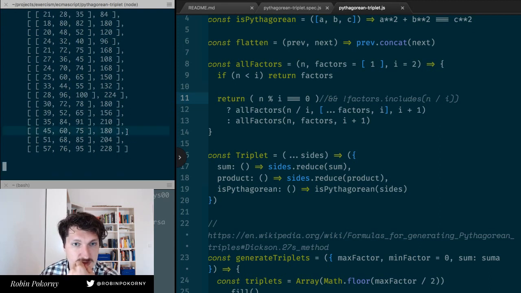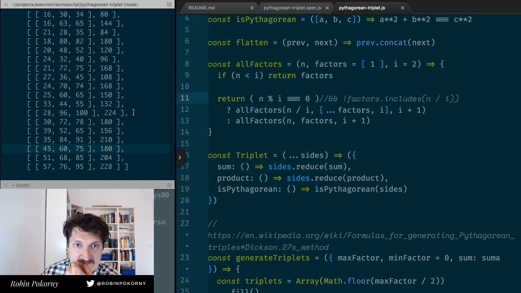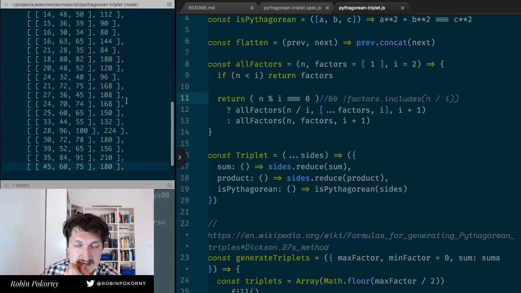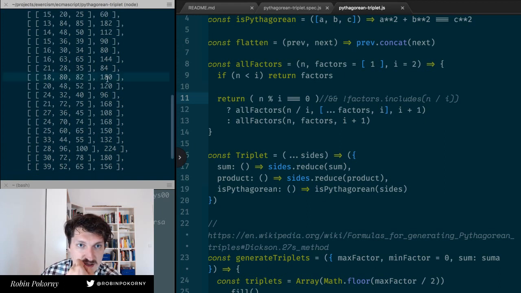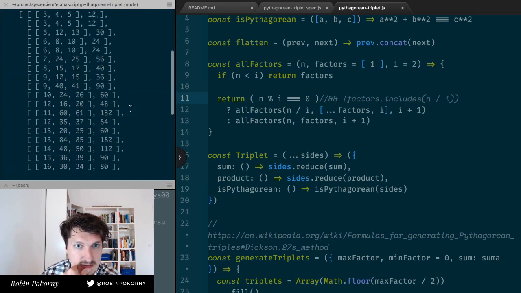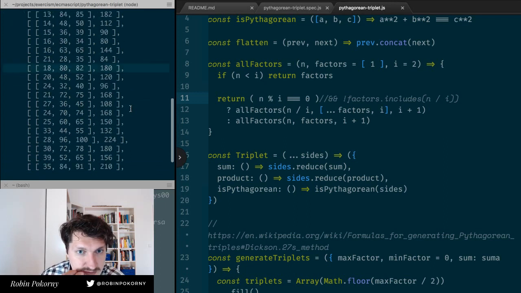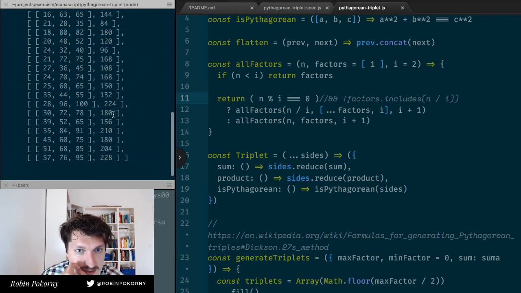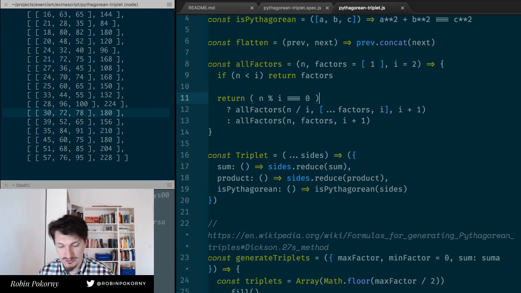We have this 180 here, 45, 60, 75. Okay, that is interesting. 18, 80, 82. And where's the third one? And this one. Okay, that is weird. So this actually does remove a solution. Okay, that means,